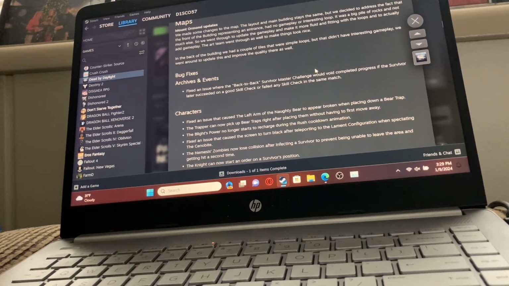Map Ormond updates. We made some changes to the map. The layout of the main building stayed the same, but we decided to address the fact that the front of the building representing an entrance had no gameplay or interesting loops. It was a big pile of rocks and not much else, so we went through to update the gameplay and made it